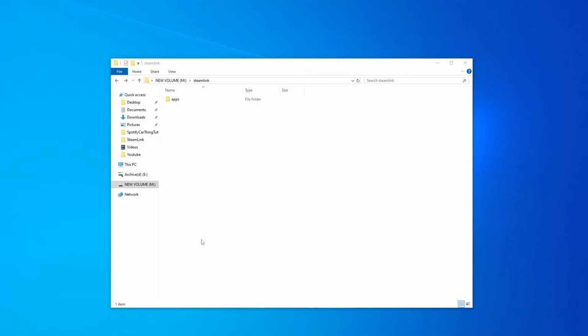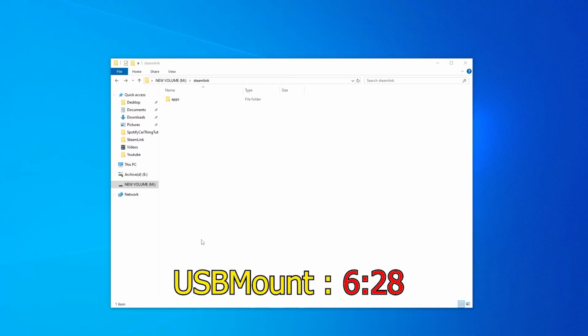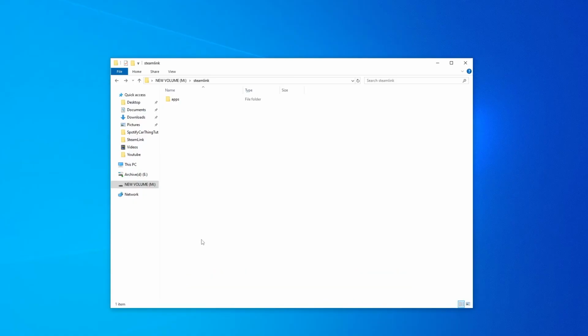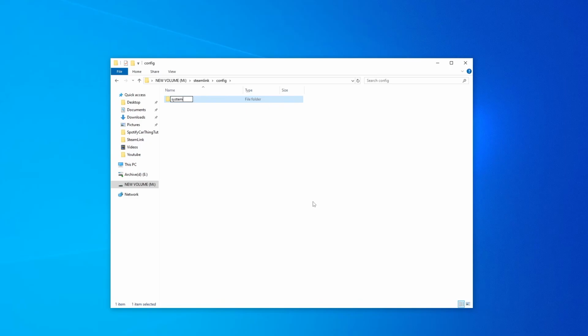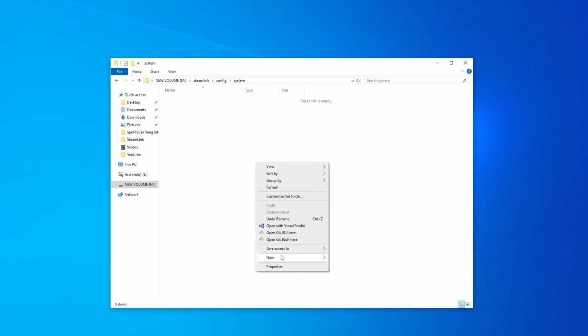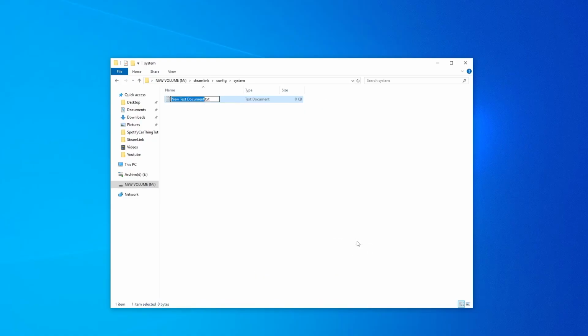Let's add our SSH files, or you can skip to the timestamp for USBMount if you want to do that instead. Here under the apps folder, right click, create new folder, call it config. Inside that, create a new folder, call it system. And then in that folder, create a new text file and call it enable